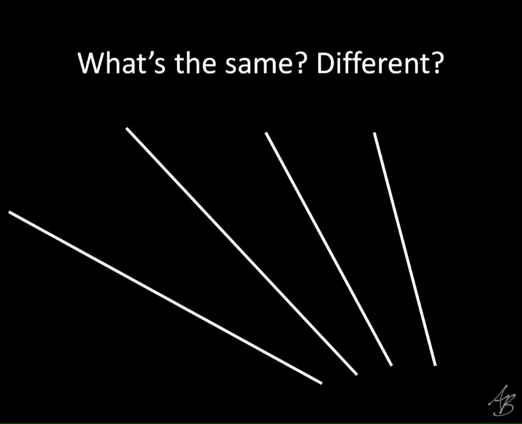All right, so what's the same about all four of these? They all have a negative slope, exactly. What's different about all four of them? Different slopes. Yeah, different slopes. So they're different steepnesses, right? So this one right here is the steepest. This one over here is the least steep. So when we're talking about slope, they're all going to be negative, and this one's going to be the biggest negative number. This one's going to be the smallest negative number.